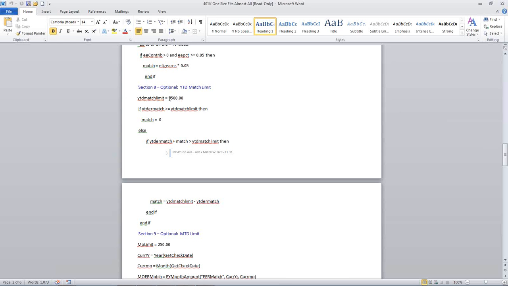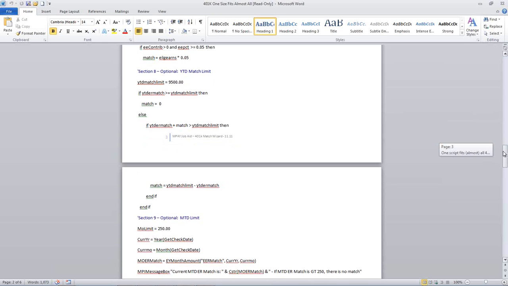It is not consistent company to company, and then that's all you need to do. Unfortunately, as I mentioned before, if you're maintaining these things, then if the client's limit changes, the script will need to be updated possibly every year. So that is the only thing you would need to do if the company has a year-to-date match limit.